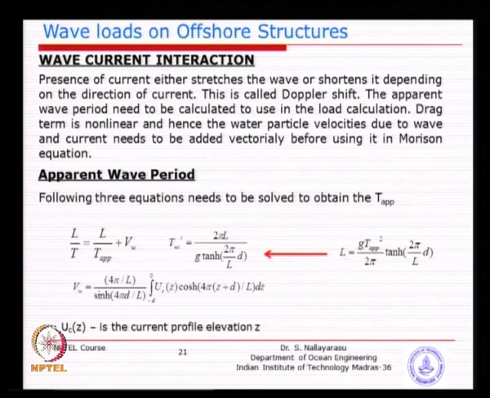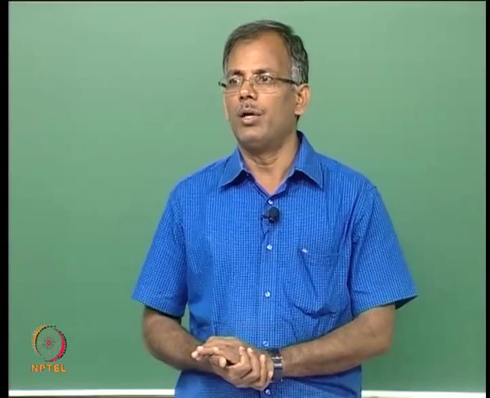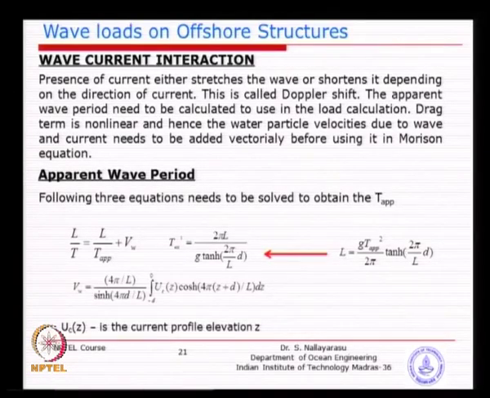Okay. So, basically how it is calculated: L by T is the wave speed, the length travelled by one wave cycle. That is the original, and this is the modified. The effect of current is added, where the current speed is going forward. If it is negative, you will just subtract it. So, it's a simple Doppler effect.